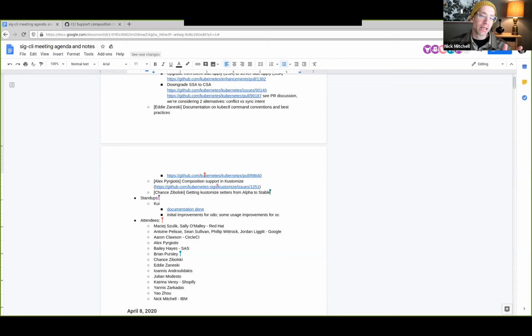Mostly a pointer to our documentation. The wiki link is there in the Zoom. Check it out. Mostly done. There's a few gaps, but it's pretty much done. It's all in pretty good shape. We're also starting some initial work to get OpenShift support geared up. And so that'll all be coming soon. We have some initial support in there already.